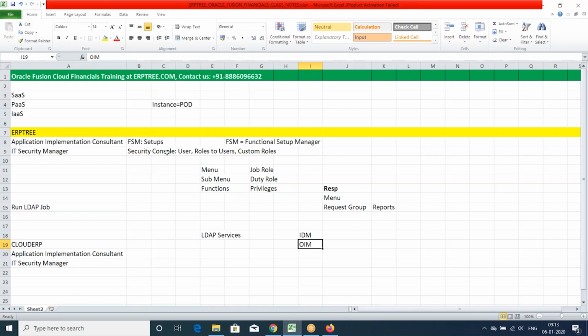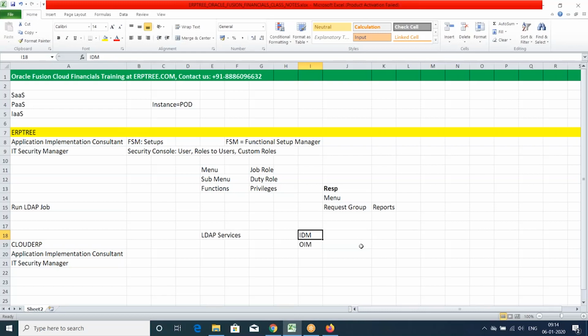So okay, in security console, you can do this user creation, roles assignments. Yeah, I can do that. Those are part of IDM only. Those are IDM functionalities. So IDM is built into security console, so I don't have to go to IDM explicitly. Yeah, IDM functionalities they mapped with the security console. From security console, you will be able to do all these which are part of IDM. So from 11 onward, right? Yeah, we don't have that thing. So the Vision instance that you are working on, which version is it? Latest release 13. Okay. Yeah.